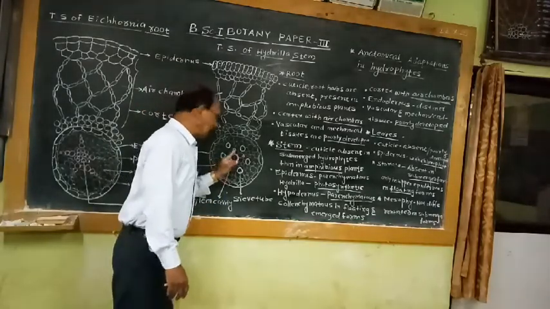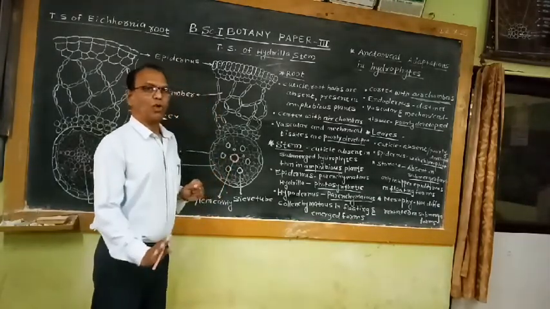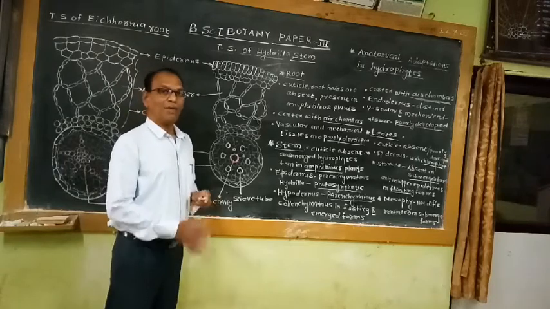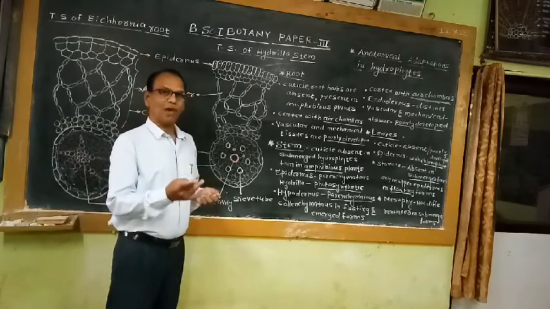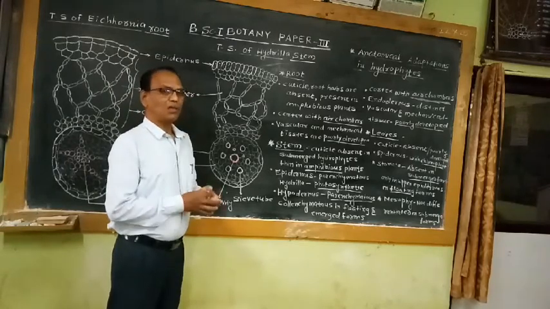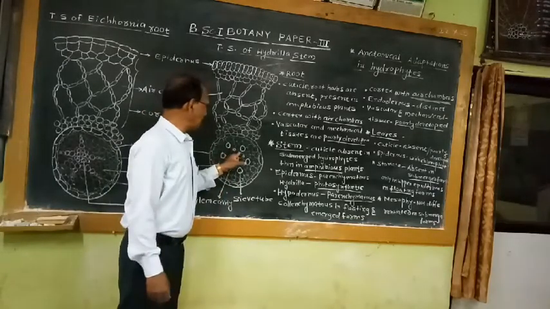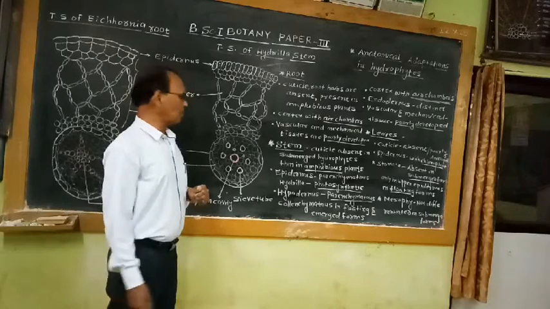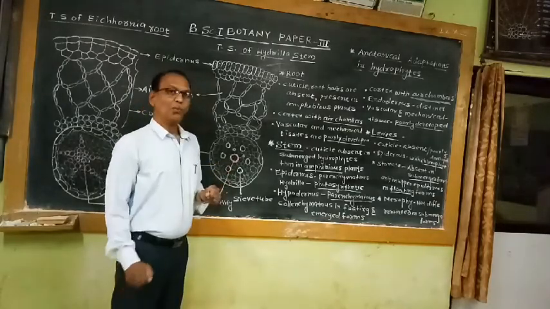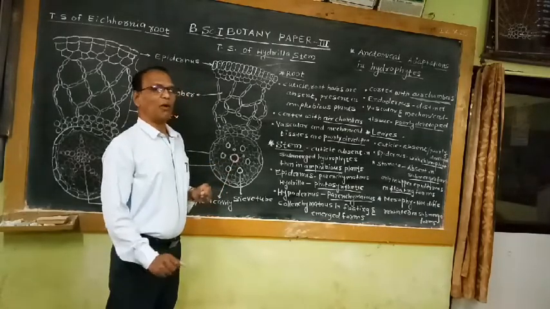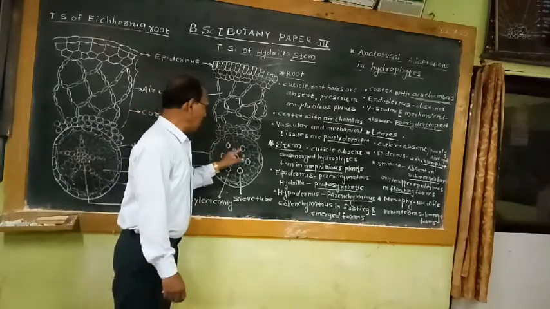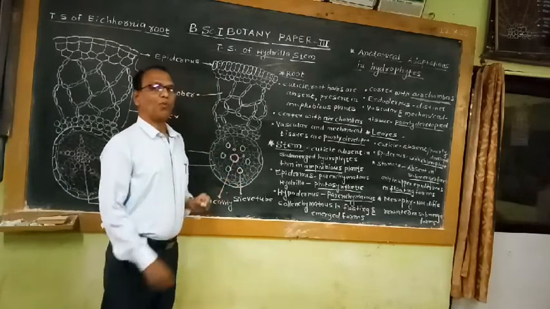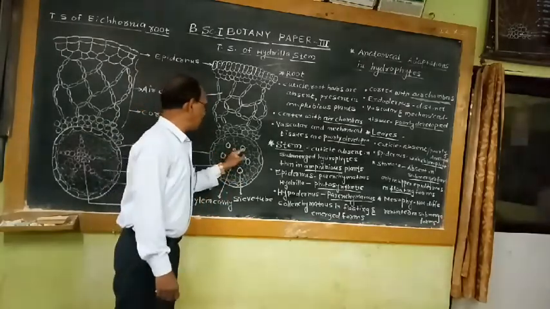That means xylem is poorly developed. It does not show development of all the elements of xylem like tracheids, vessels, fibers and parenchyma. Out of these elements, only a few tracheids and parenchyma are there. Due to the absence of the other elements, xylem is known as poorly developed conducting tissue. Another component of the conducting tissue system is the phloem.